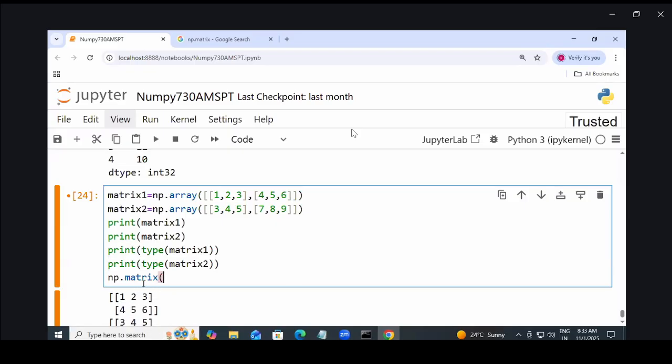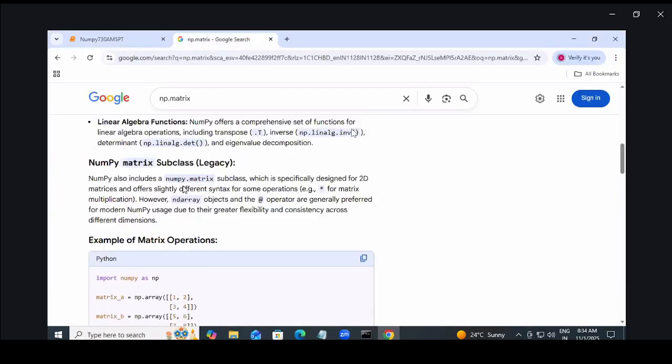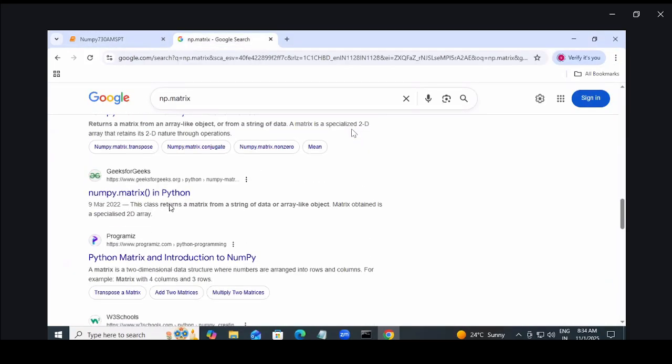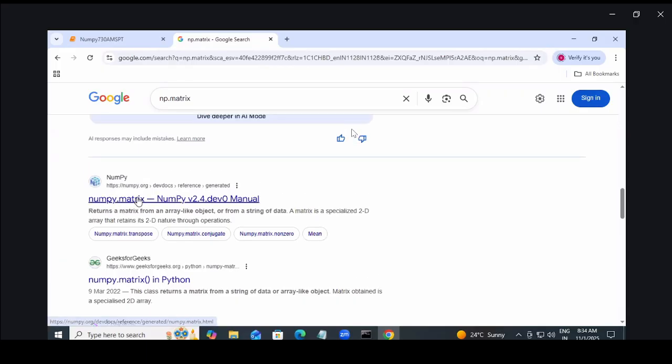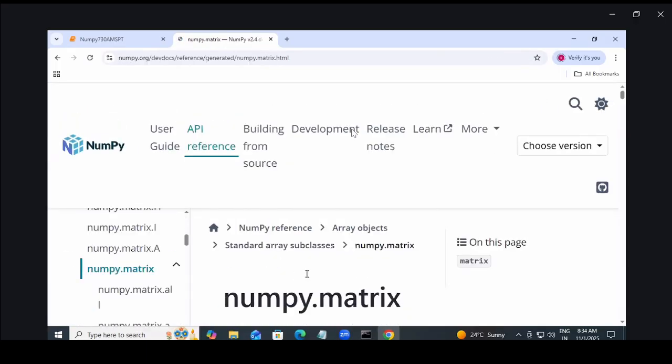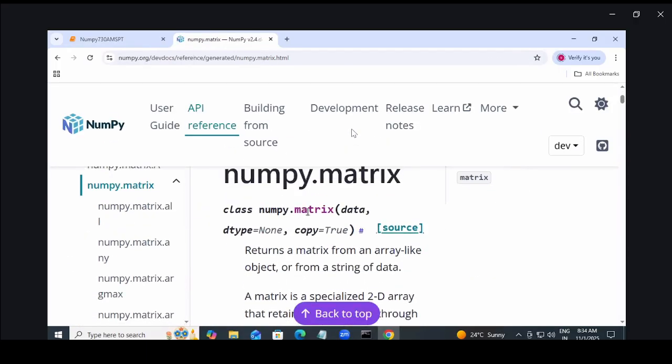I can also create a matrix by using a type called matrix, or a function called matrix. But it is a constructor call, a constructor calling np.matrix. So there is numpy.matrix, a matrix with the data and a matrix with